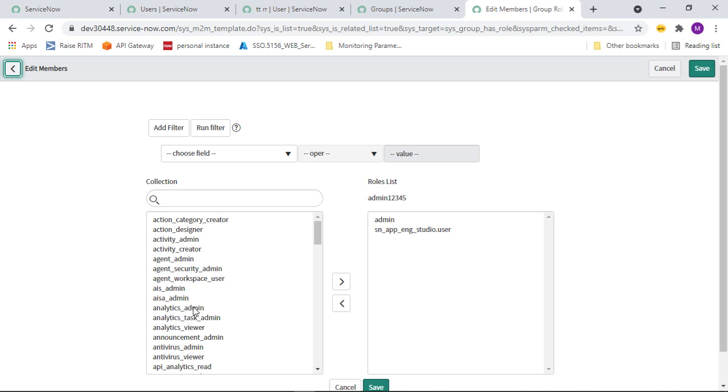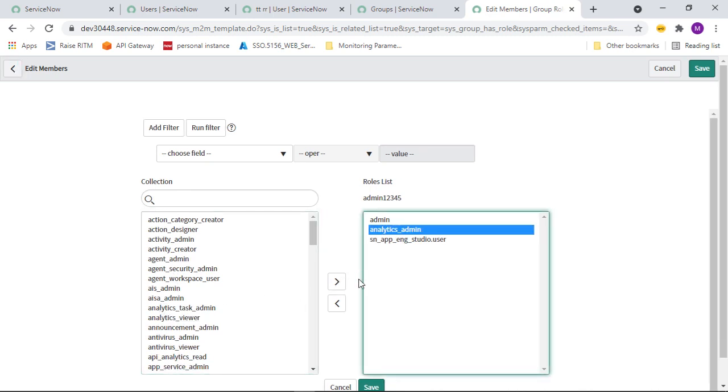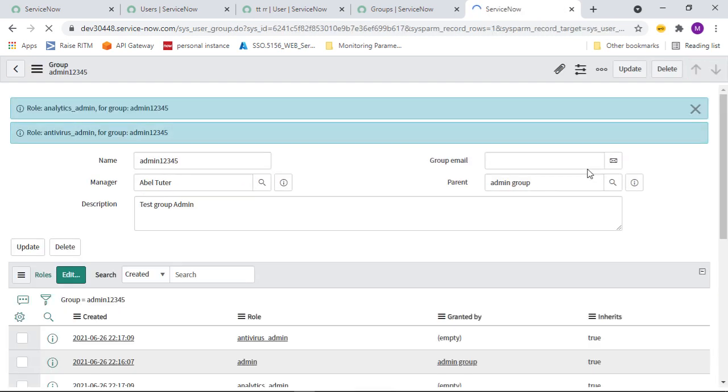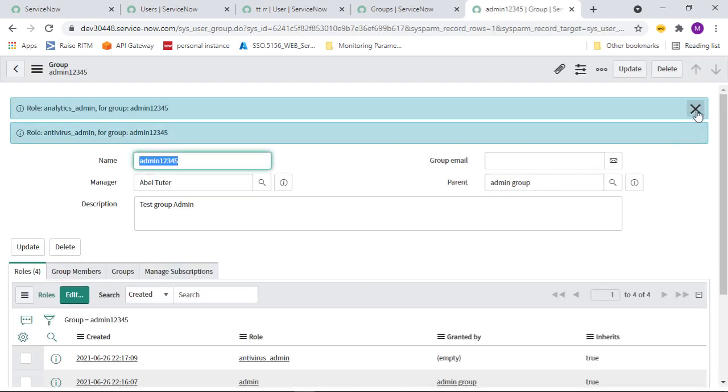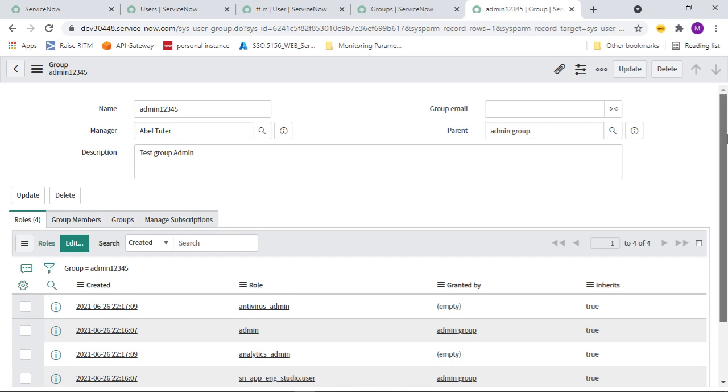I need to add this analytics admin, so I can select it and move it from this bucket to the right bucket. I want to select another one, virus admin, antivirus admin, I have selected, and once you have selected and moved them to the right side bucket, you can click on save. As soon as you save, those roles have been added to this particular group.